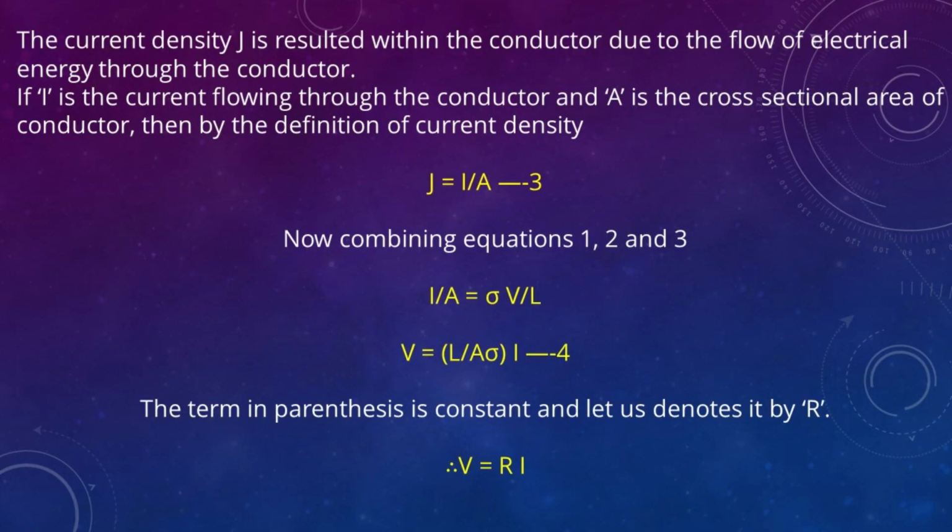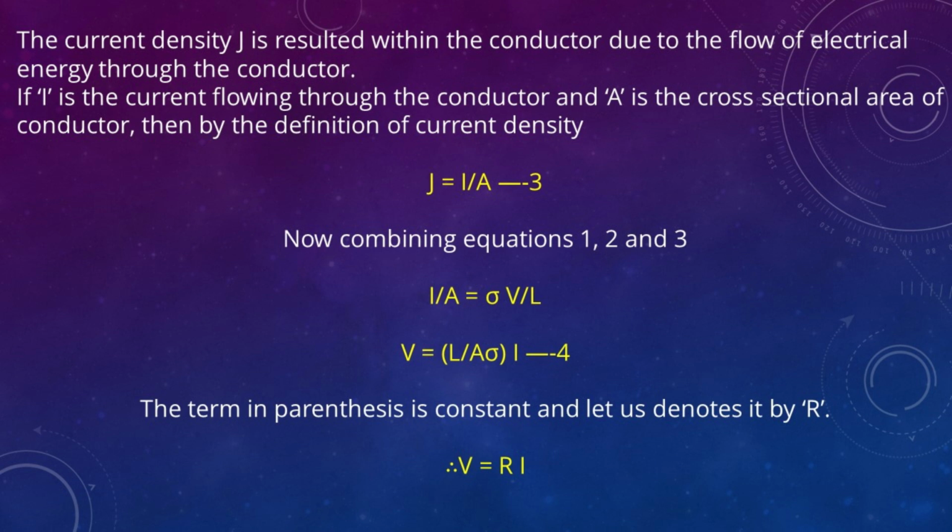The current density J is resulted within the conductor due to the flow of electrical energy through the conductor. If I is the current flowing through the conductor and A is the cross-sectional area of conductor, then by the definition of current density, J equals I/A. (3)